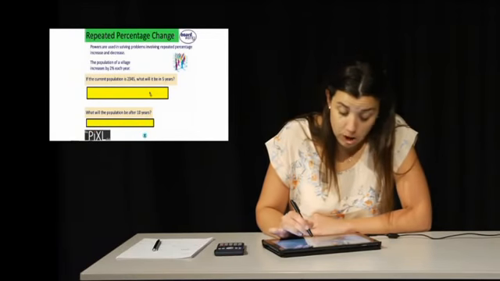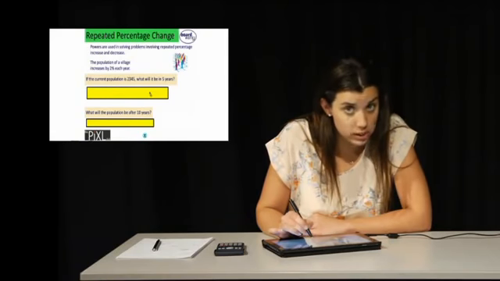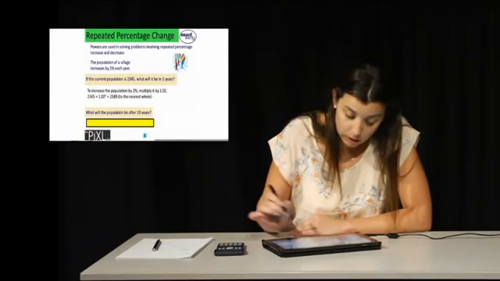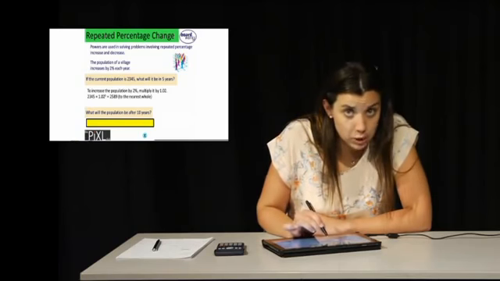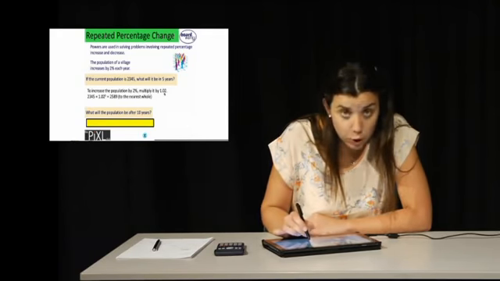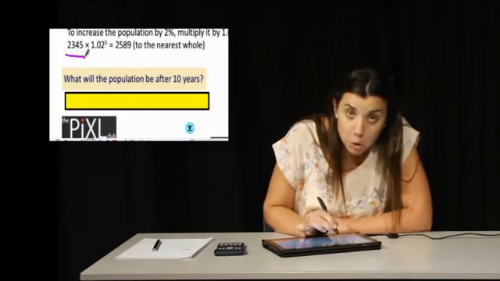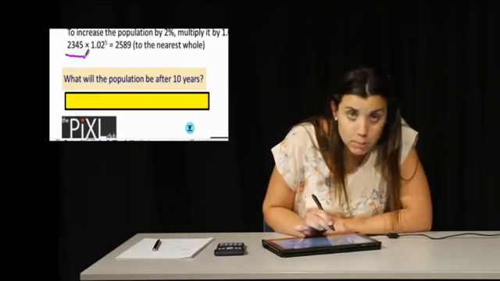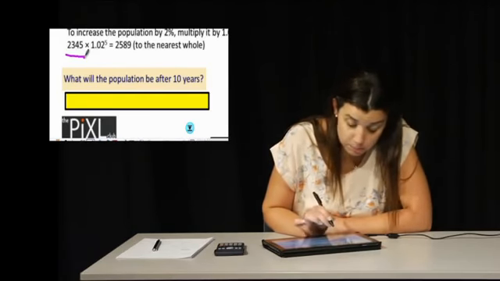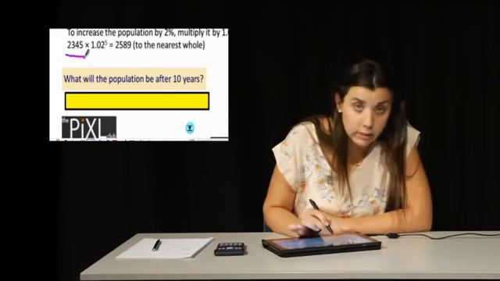Our first question asks us about the population after 5 years. Our percentage increase is 2%. To increase the population by 2%, we need to multiply it by 1.02. The calculation we're going to carry out is the original population, which we see here, 2345, multiplied by the multiplier to the power 5. 5 is the number of years. Again, to the nearest whole number, rounding, that's going to give us